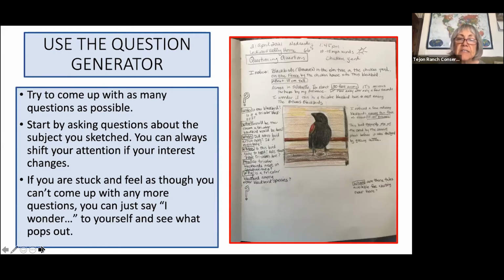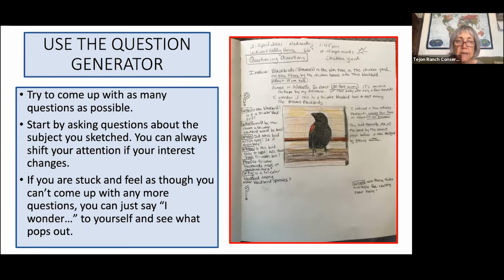Now, once you have done that, you're going to fill in that question generator. Something I want you to notice is that even though I've got who, what, when, where, how, and why, I came up with another where question, and I just added it there. I did that simply because I'd already put those question marks in. I could have continued all along down here, and probably all the way across, asking question after question. But at the very least, I've asked one who, what, when, where, how, and why question, just to make sure I'm really varying the quality and the type of question, so that I'm able to approach the study